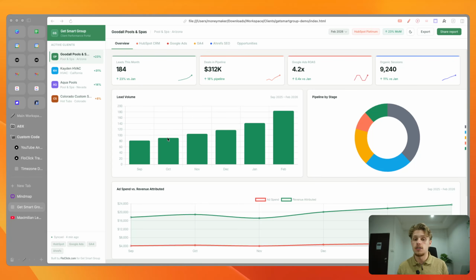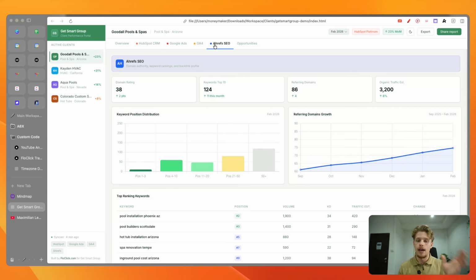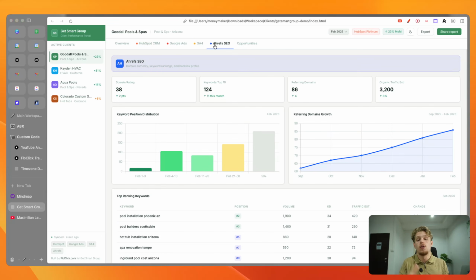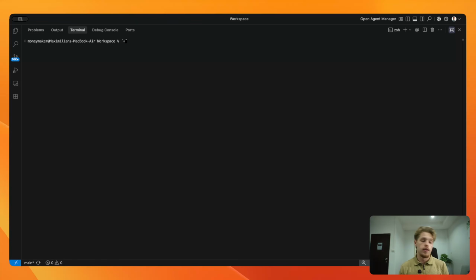So we're going to have a system which we're going to custom build ourselves, connected with Google Ads, Google Analytics 4, Ahrefs, and so on, depending on the tools that you use. So clients can very easily see the type of work that you're doing for them and the results that you're getting, right? So the first thing we're going to do is build everything inside of a platform